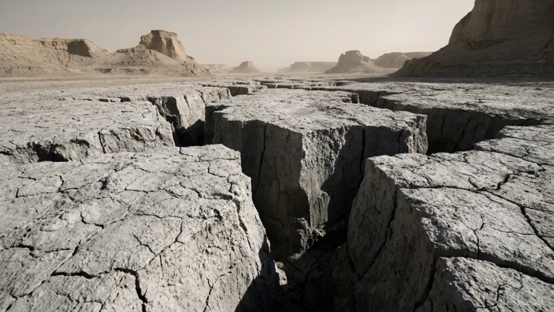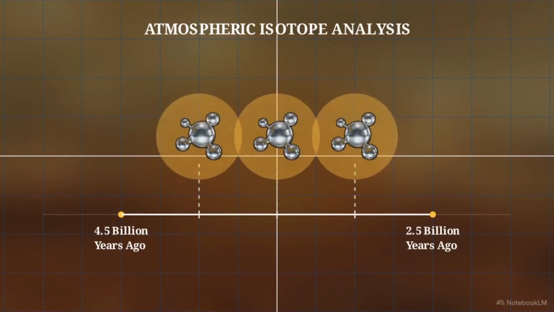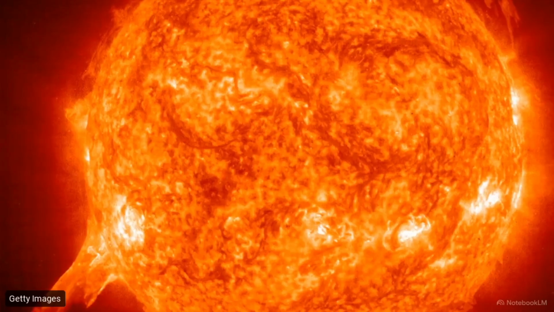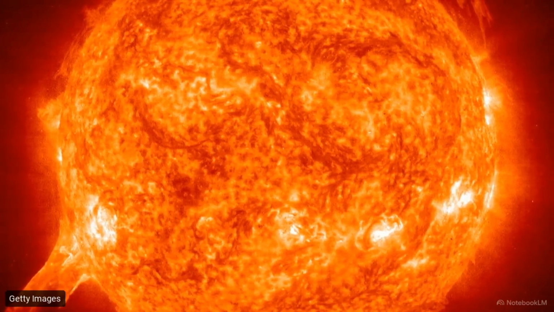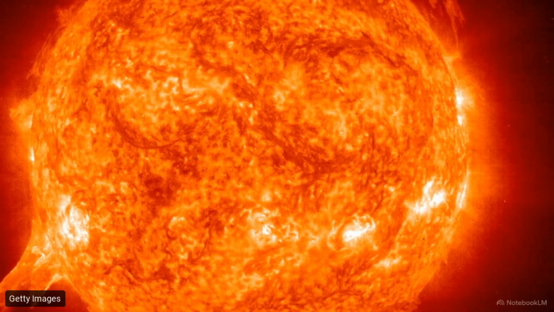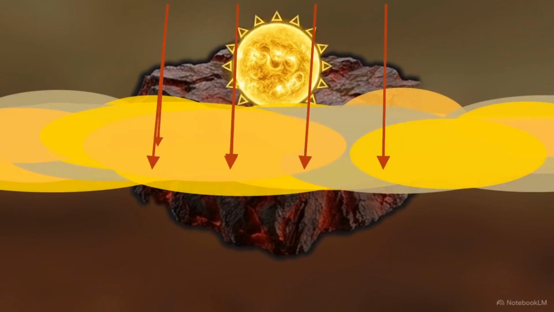collapse? Planetary scientists studying atmospheric isotopes suspect that for its first 2 billion years, Venus looked much like Earth, complete with vast shallow liquid oceans and stable, habitable temperatures. Observing the volatile activity on the surface of our sun provides the likely answer. As the sun aged, its solar output gradually intensified. That rising radiation slowly heated the Venusian surface, evaporating those oceans into the atmosphere and permanently triggering the runaway greenhouse